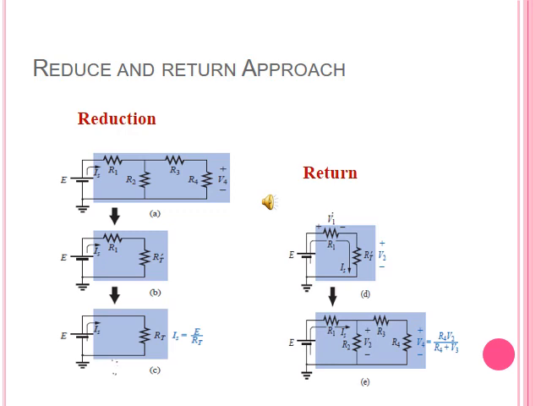Now, after analysis, we have to decide what kind of formulas or approach should be used to further reduce the circuit or find the value of V4. So, to find V4, we first have to know that the values of the resistors and the voltage source E are known. Then we have to know the current which is passing through resistor R4. Also, notice that as R3 and R4 are in series with each other, the current passing through R3 and R4 should always be the same.